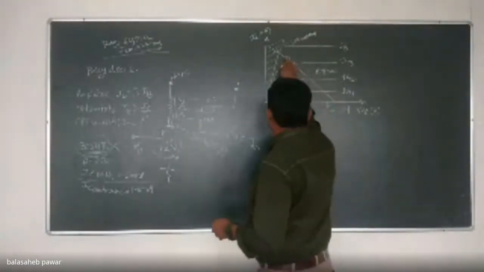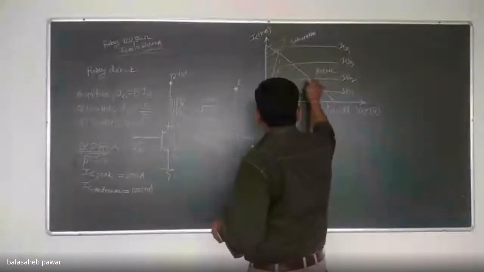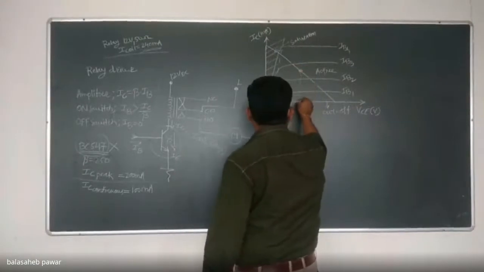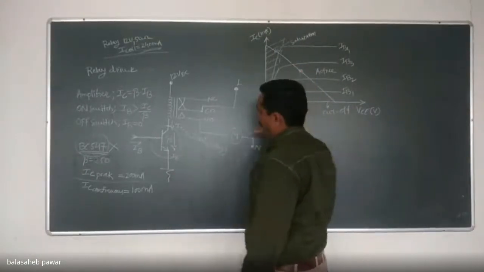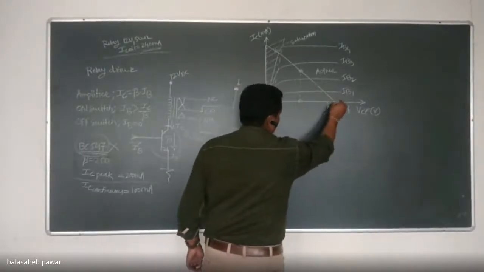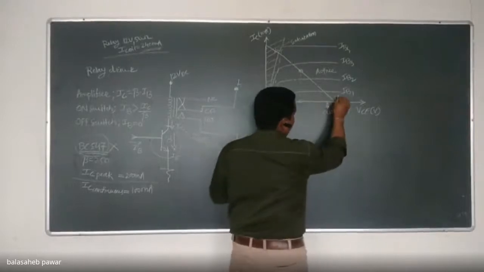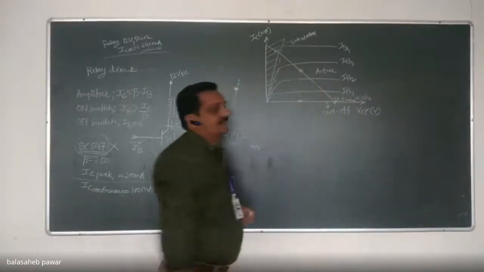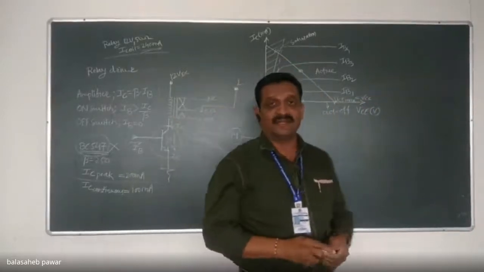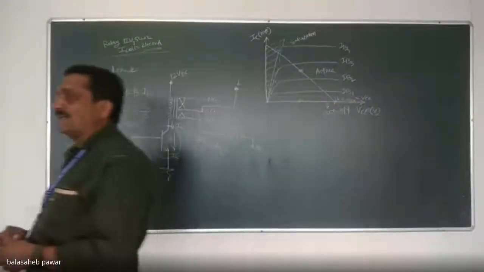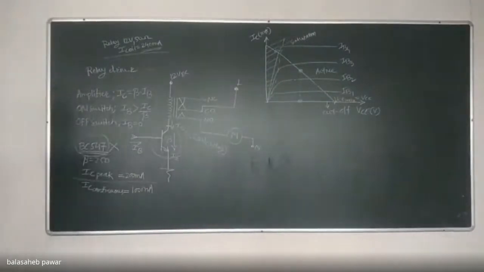Being an amplifier, if the operating point is selected in the active region anywhere on the DC load line, and we observe the output voltage, that is VCE of that transistor, it is sufficiently large. Maximum output voltage possible, that is VCE max, equals VCC, the DC voltage applied to that transistor, right? And being an amplifier, the output voltage should be as large as possible. That means the voltage drop across the transistor should be as large as possible.